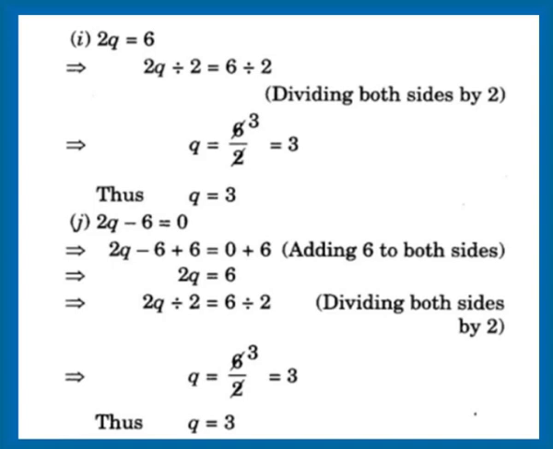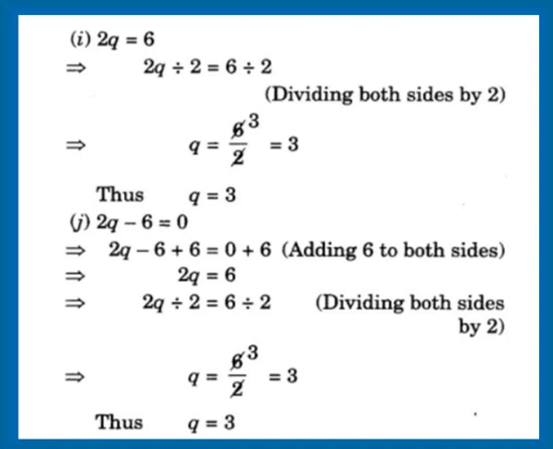I subdivision, 2q is equal to 6. Firstly, we are dividing with 2 on both sides. We got 2q divided by 2, which is equal to 6 by 2. Now in LHS, 2 and 2 will be getting cancelled and it becomes q. Our RHS is 6 by 2, that is 3. So that q is equal to 3, which is our required solution.